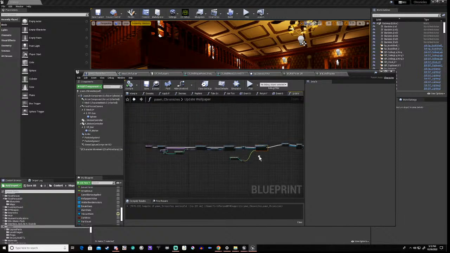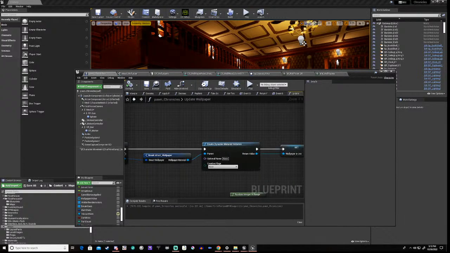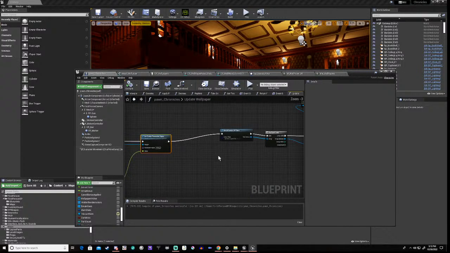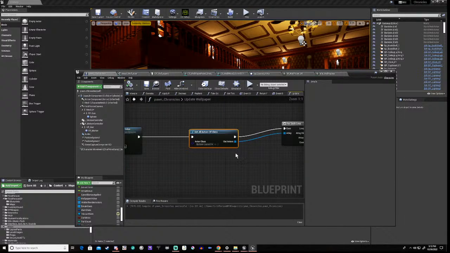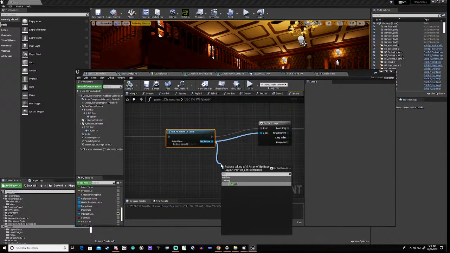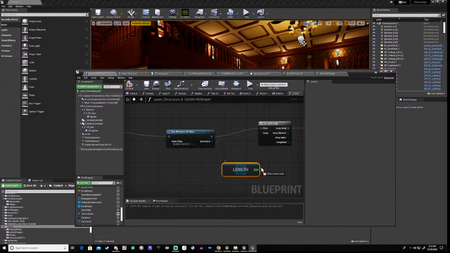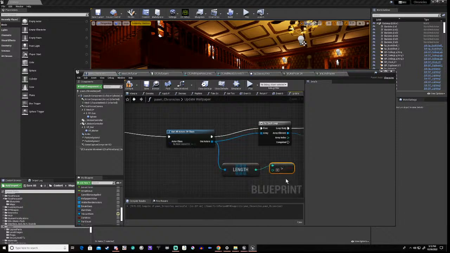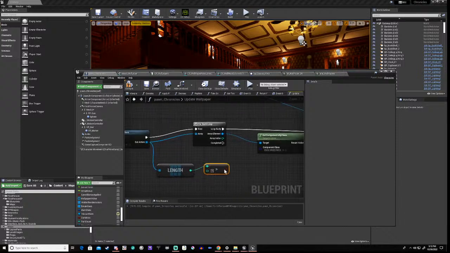Right? So what I'm going to do, now, there's a few ways I could do this, but if I do this and say length, and I say is greater than 0